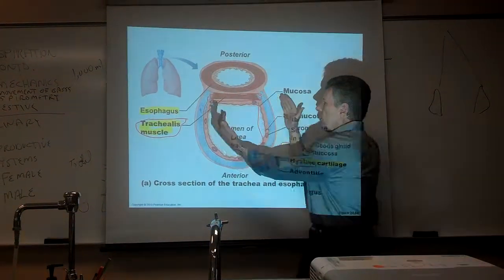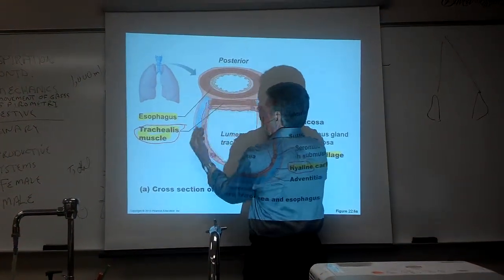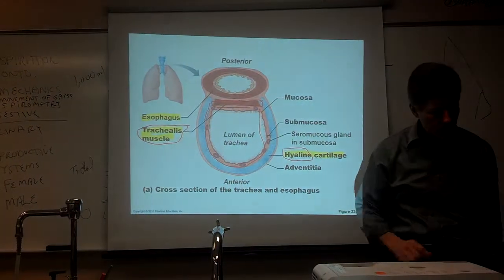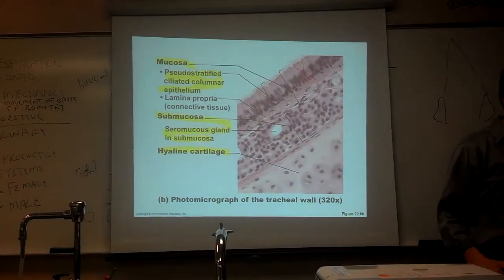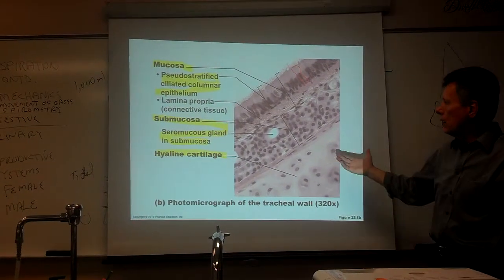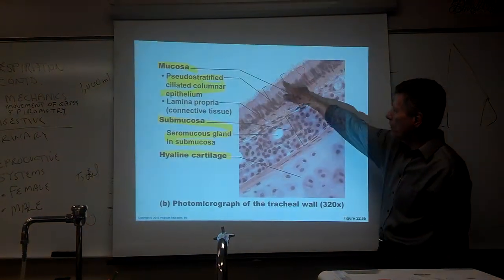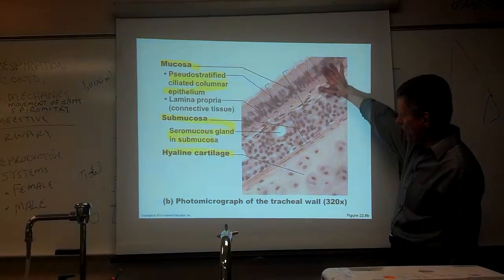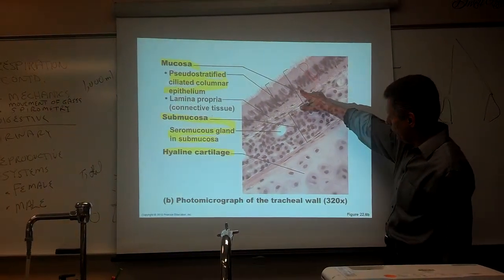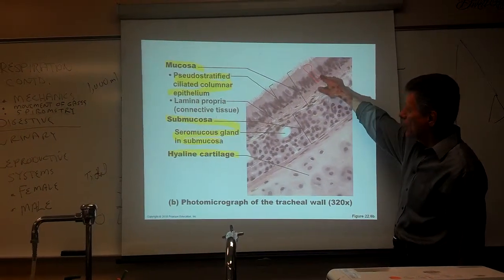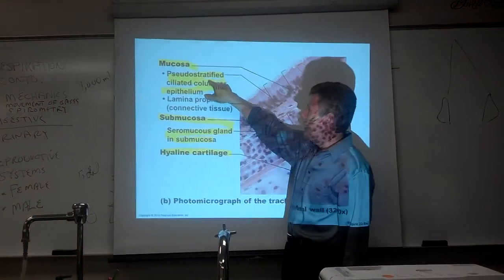And when it constricts, this is going to get considerably smaller in diameter. Expect to see a picture of that on your test. Here's some nice cilia. This is a beautiful picture of the cartilage, mucus glands, and here's all the little cilia on top of the columnar epithelium. And here you see some multiple layers of cells. Well, that's pseudostratified. That means it's not